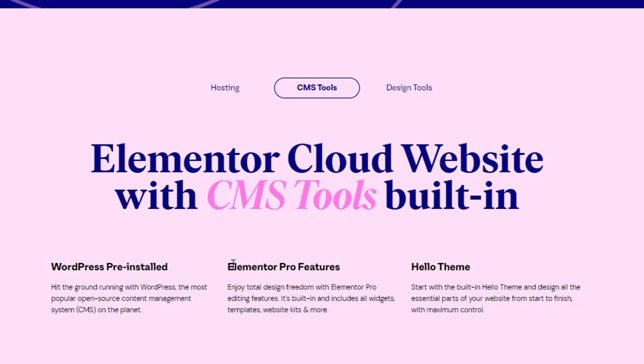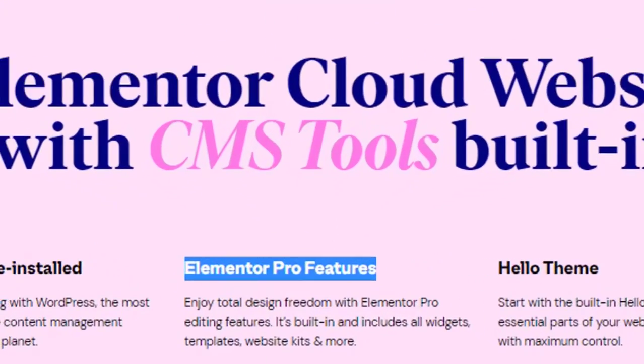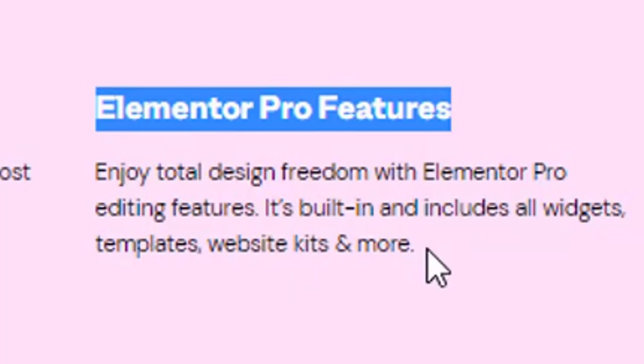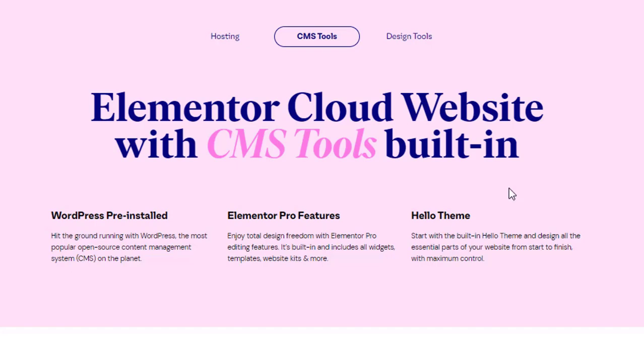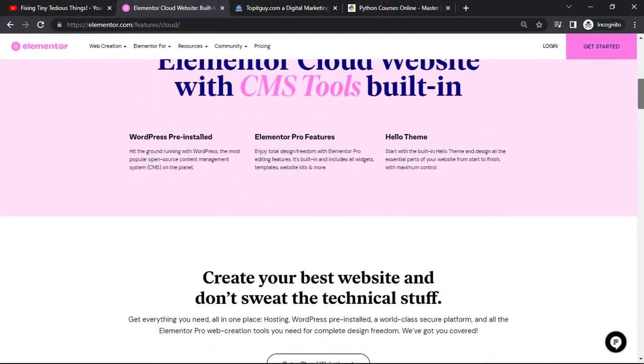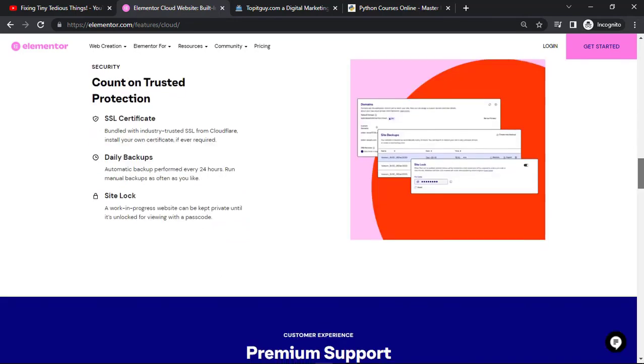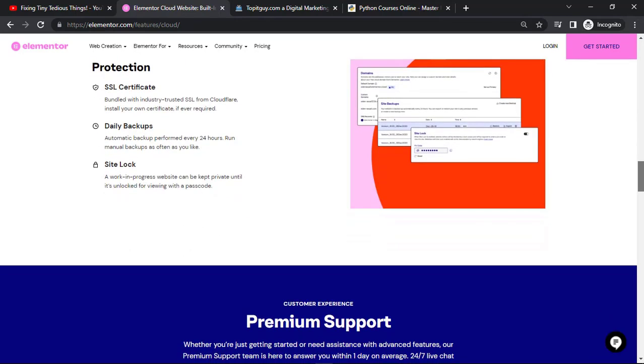Now here is the best part: Elementor Pro features. With this subscription you also get Elementor Pro, which is pretty good. Here you can see enjoy total design freedom with Elementor Pro editing features. It is built in and includes all widgets, templates, website kits and more. And then Hello theme is a free theme. It is included inside every Elementor cloud website that you go ahead with. And the other stuff that you want to read, you can read by scrolling down. You get SSL certificate, daily backups, site log,